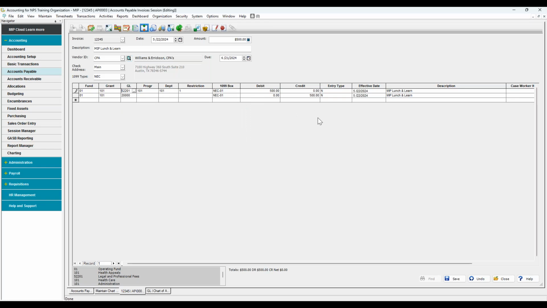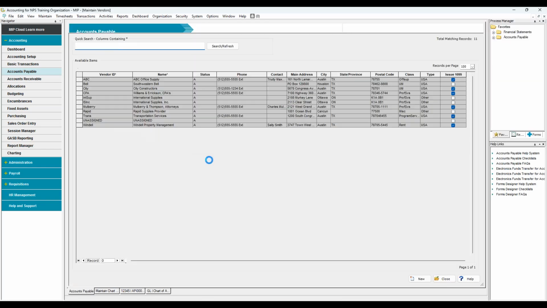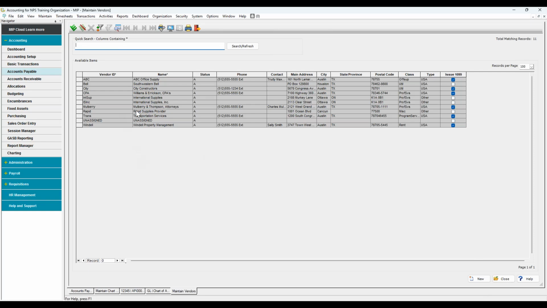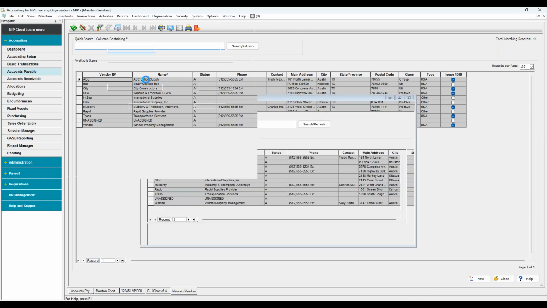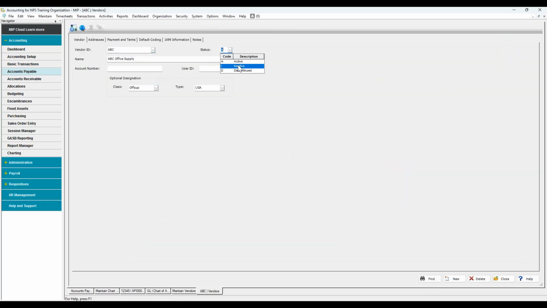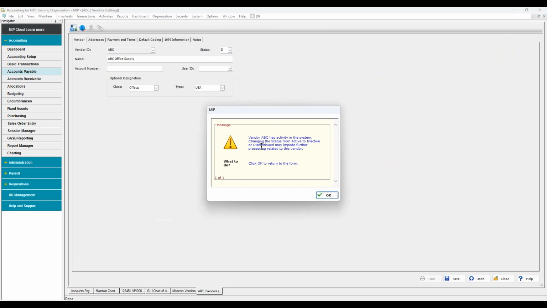This also applies to vendors. So if you come out here to your vendor listing, if you haven't done a review of your vendor list in quite some time, I'd strongly encourage looking through there and then marking your vendors inactive or discontinued, depending on if they should or should not be used going forward. Same thing applies here. So if there's a vendor, inactive is going to allow the user still to see it, but provide a warning message. Discontinued,